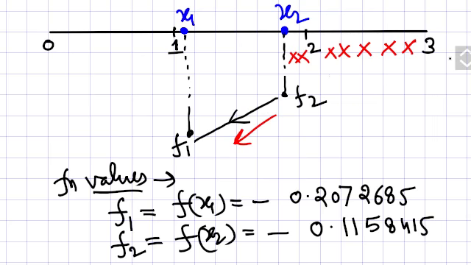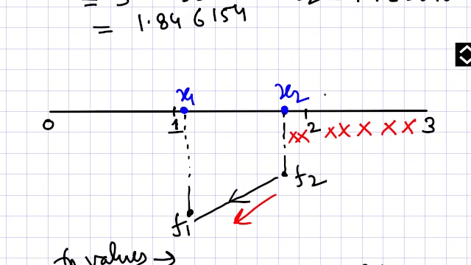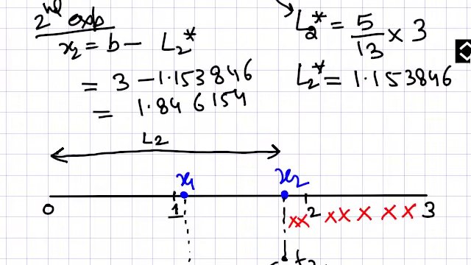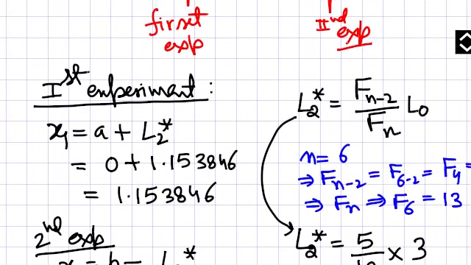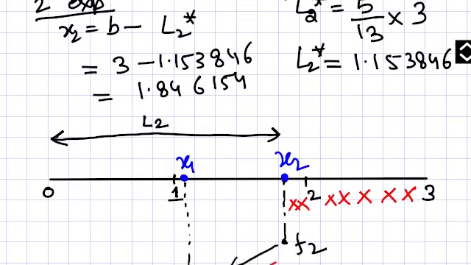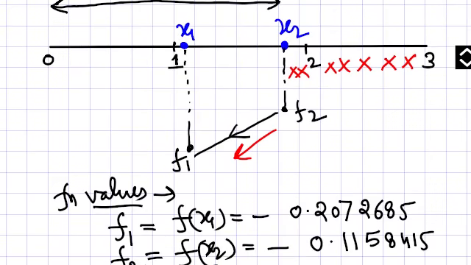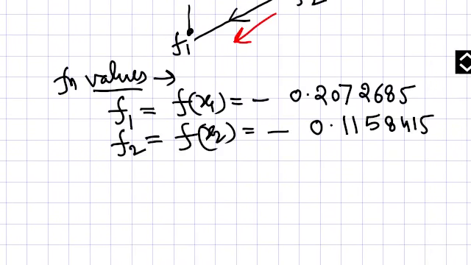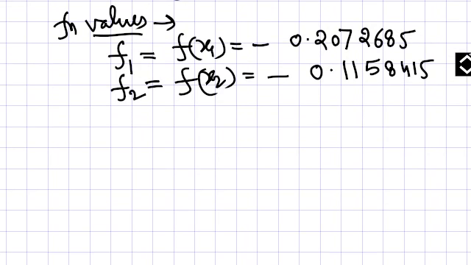So we will remove this section, and the notation is this: the distance that is left here is called L2, because it is coming out of the point x2. So this is the designation, the L2 distance. What is L2 asterisk, and what are the distances L0, L1, L2? So now we will draw only the distance L2 and then do the experiments again. Let's see how to do it.